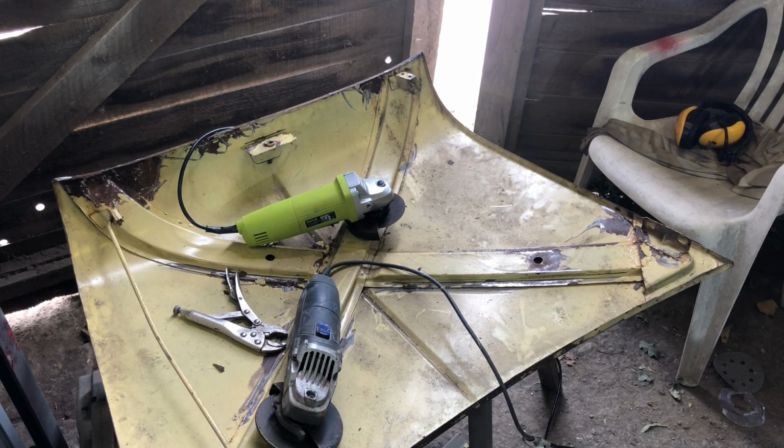But anyway, I think I cleared that lip off. I think we're just going to leave it like that for the moment until I see what your comments say, your words of wisdom. What I'm thinking is I do have